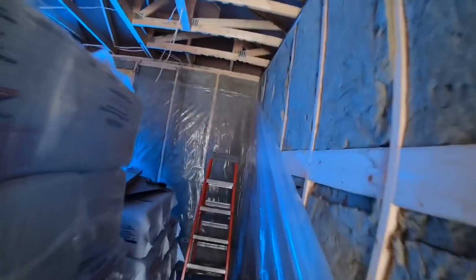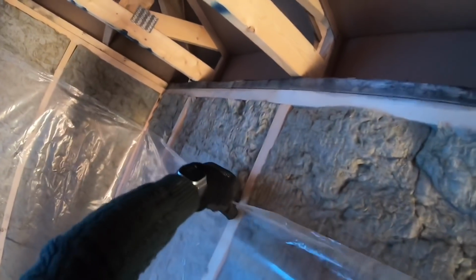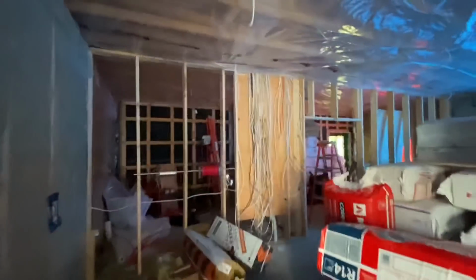So now we're working on polying the garage. We got it all insulated. And the garage is just conventional, it's not part of the passive envelope, so we're just doing a vapor barrier in here. Okay, so we got the poly on,